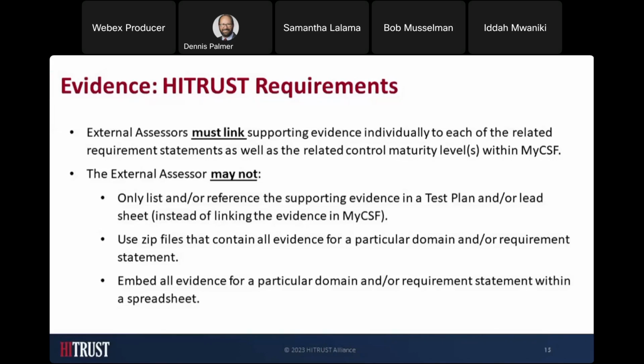Also, we wouldn't accept evidence that's embedded in a spreadsheet. So we want what we call discrete documents, right? And not just bundled in a spreadsheet. And I would say also Word documents as well. Let's move to the next slide,